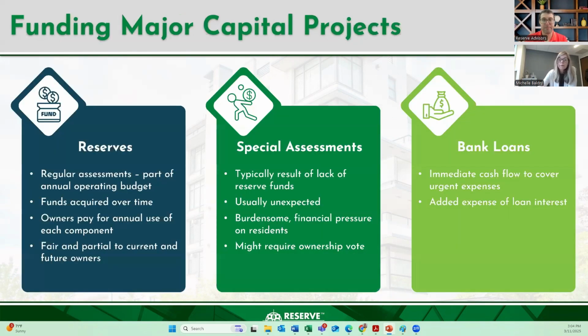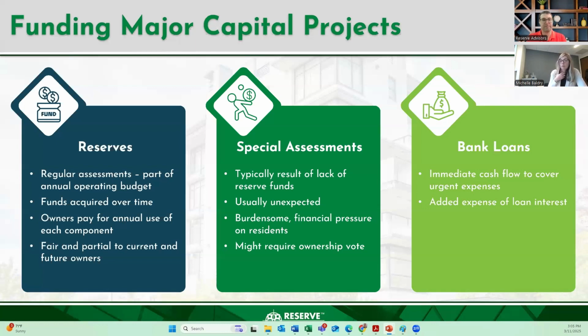So when we say capital needs, what are we referring to, right? Part of the board's role is determining really how to fund for maintaining the community. What does that mean? How do we maintain the community? It's really conducting all the capital repairs and capital projects that are necessary to help, remember, keep that property value either the same or increased, right? So part of doing that is maintaining all of the common area infrastructure. There's really three main ways to fund for these capital projects: reserve contributions, special assessments, and then bank loans, right?